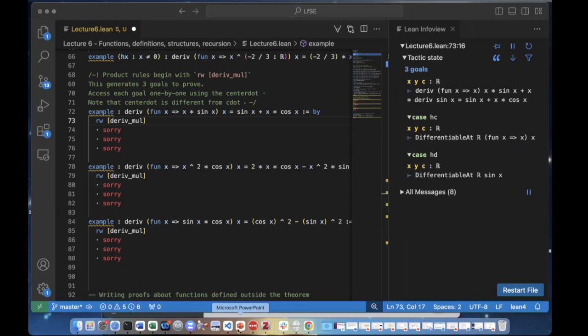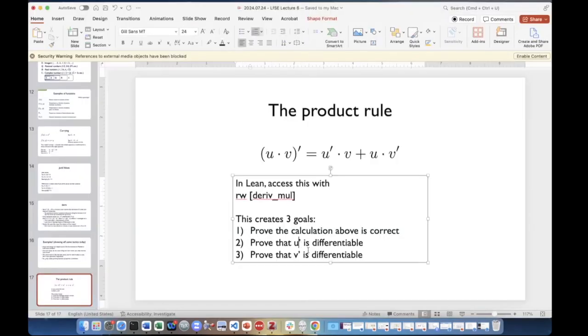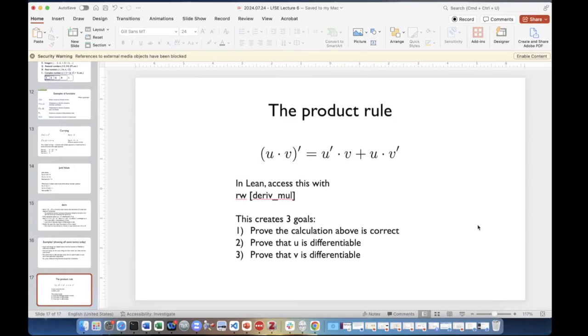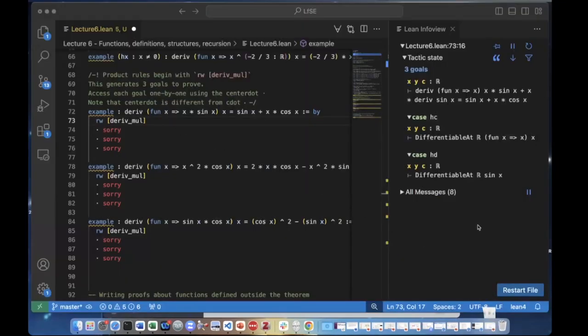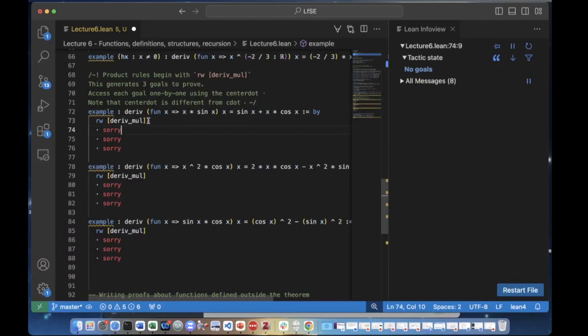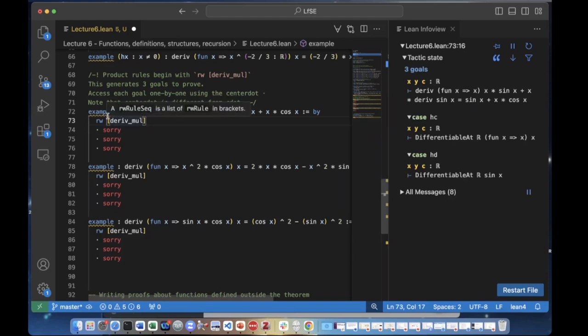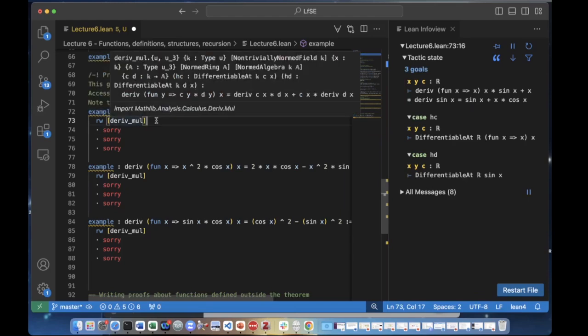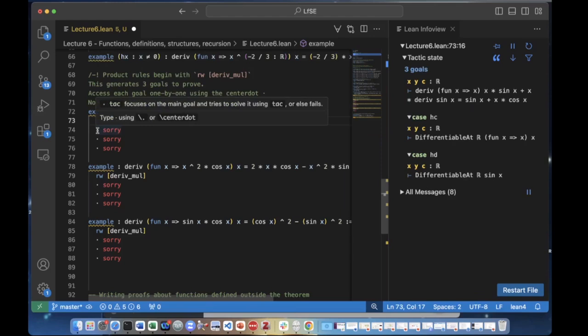And thank you, Manu. Yes, there's a small correction to my slide. Let me pull the slide back. Yes, prove that u is differentiable and v is differentiable. Yes, thank you. I mean, that's one of the nice things is you can make errors in PowerPoint slides all day long. PowerPoint is never going to tell you you make mistakes. In Lean, you make a little mistake like that, well, Lean will tell you, and you'll have to get it straight. So we have 3 goals, and how we're going to dig into this is we use this center